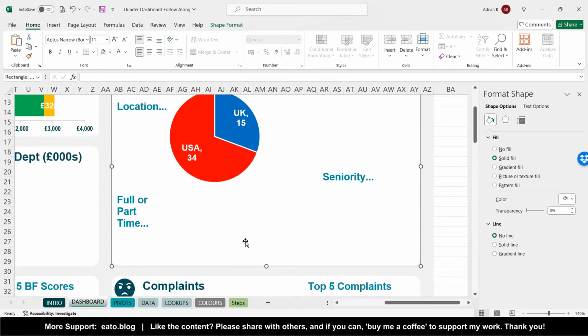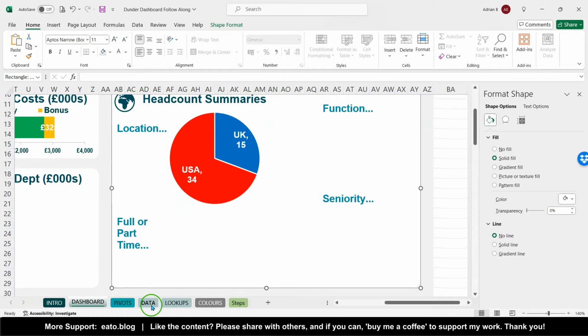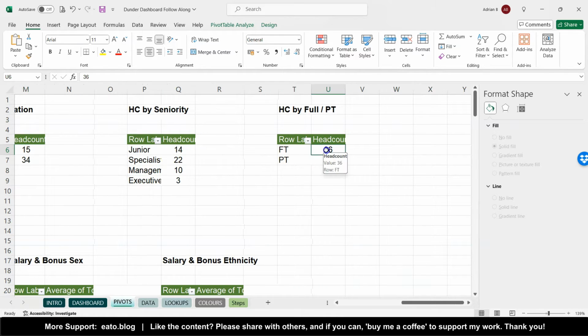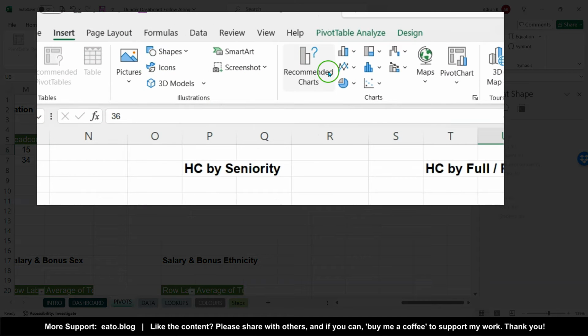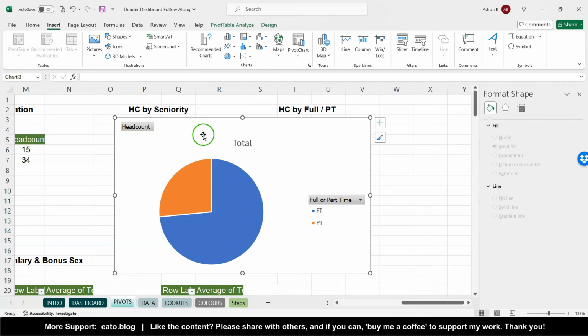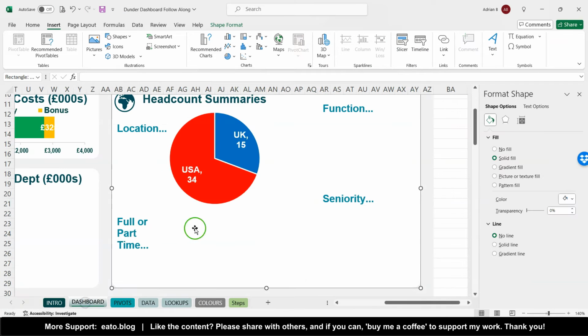Next, as I've just done a pie chart, I'm going to choose the full or part-time. Now I've got room for it underneath. So over here, my head count by full or part-time, I'm going to select the pie chart, insert pie, 2D pie there. And this time I'm going to Control X to cut it,